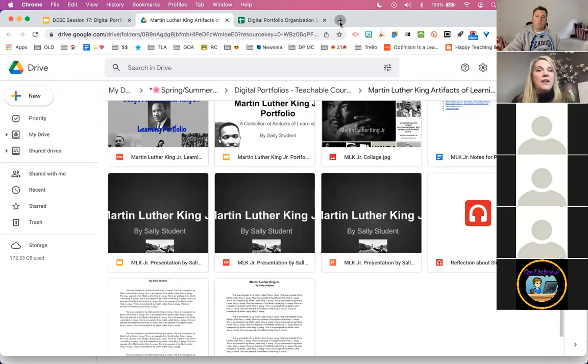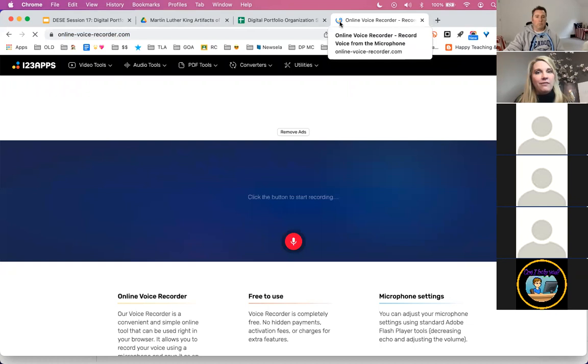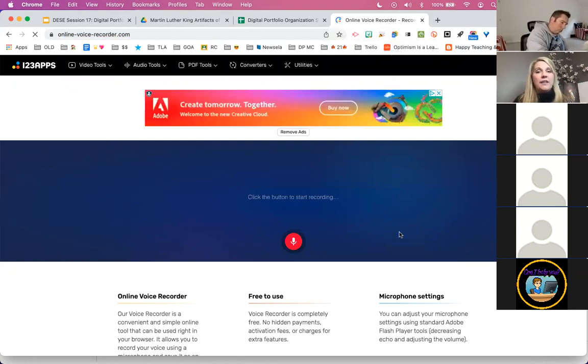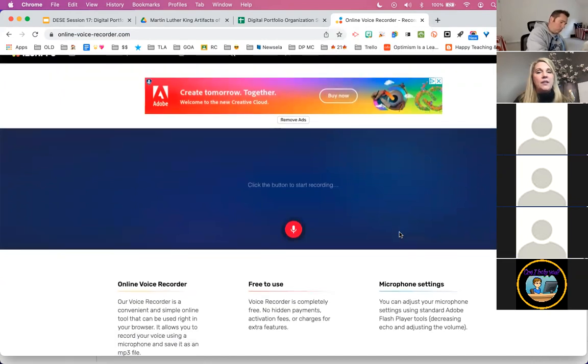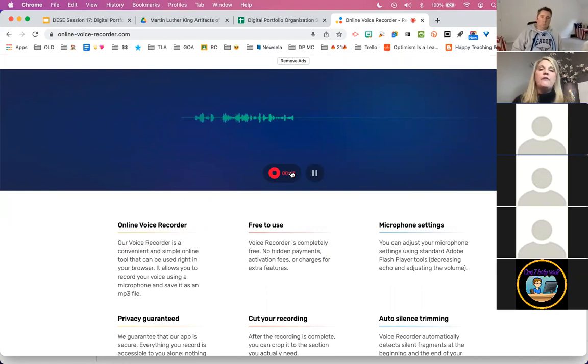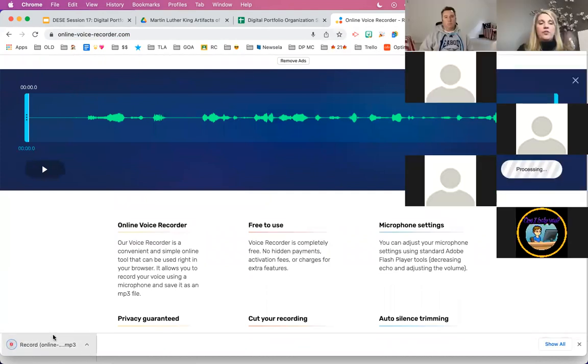So if we do a quick onlinevoicerecorder.com, this doesn't take a login at all, okay? I know that says login. I've never once logged into this. All I do is teach my kids to scroll down past the ads and then hit the red button. And now I can record, and I'm able to say whatever I want. I can reflect on stuff. I can speak. We can hit stop. And then if I hit save,